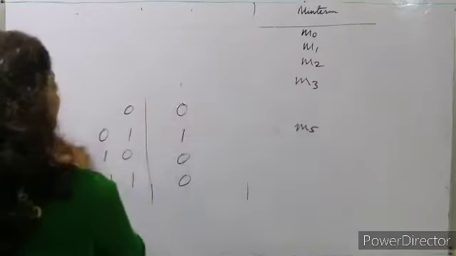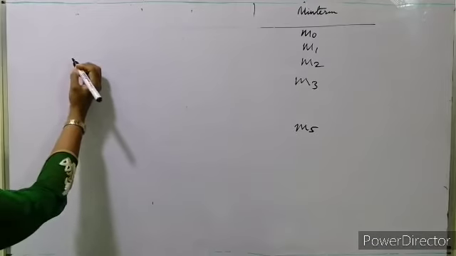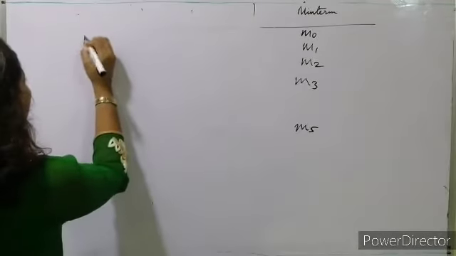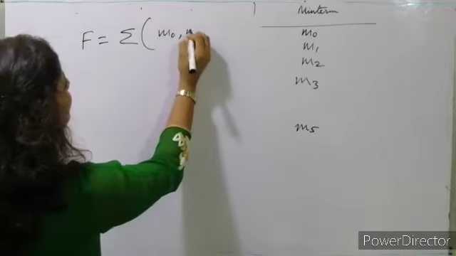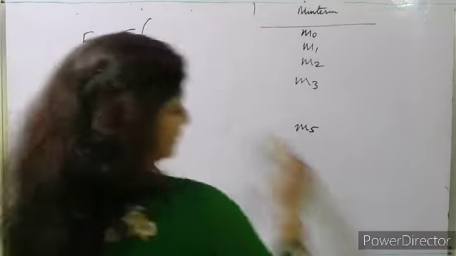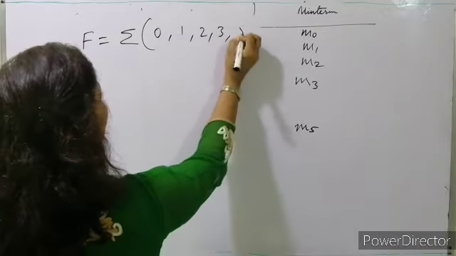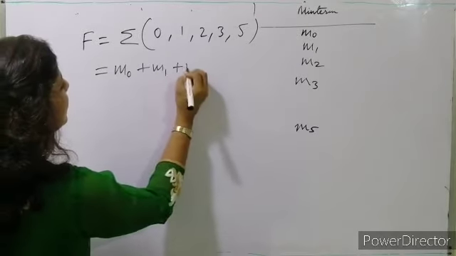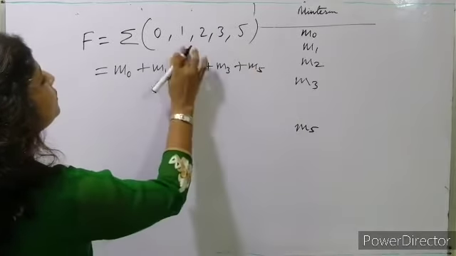Function of f जो होगा ना वो क्या होगा, we have to write in that term, मतलब उसे हमें SOP के term में we have to write, right? So f will be equal to summation of m0, m1, m, okay, m के term में नहीं लिखकर हम directly ऐसे भी लिख सकते हैं ना, we can write like this, 0 1 2 3 and 5. So value will be m0 plus m1 plus m2 plus m3 plus m5.